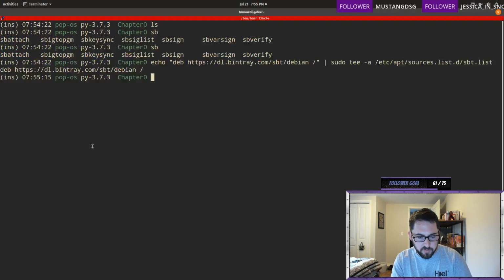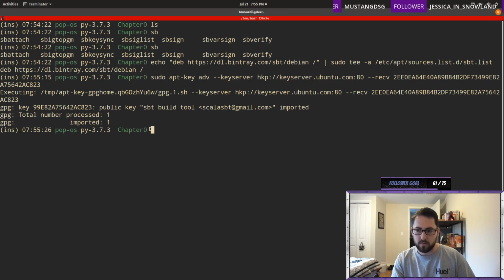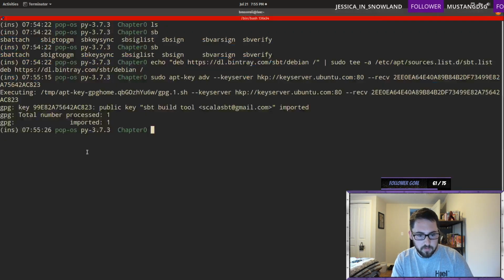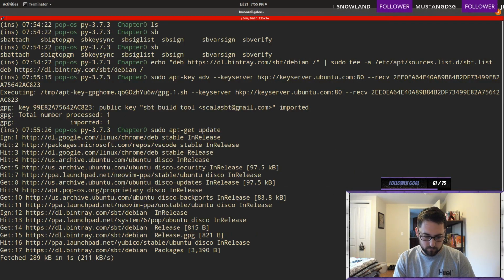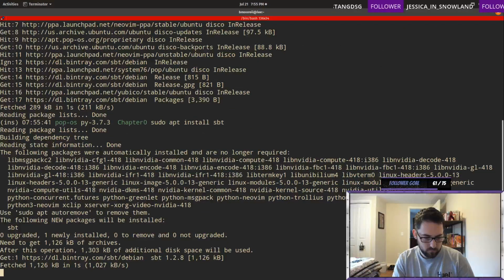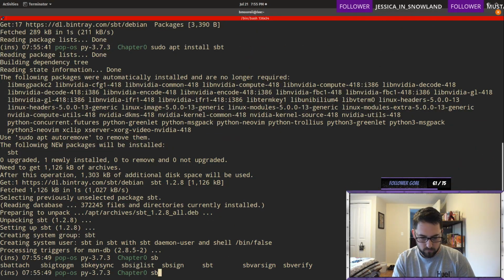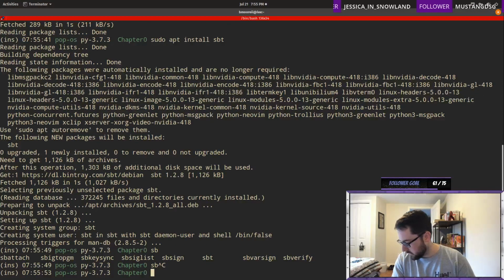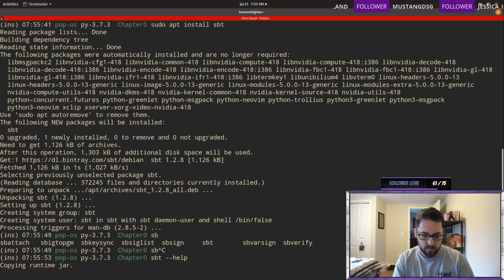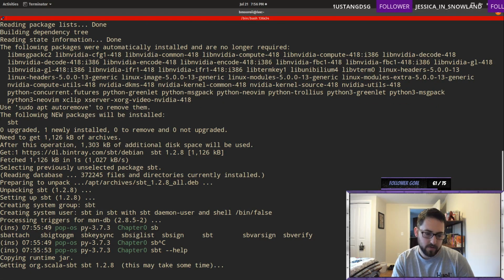Don't think anything will get printed that I need to worry about. Oh, that's the same key, so we're fine. Okay, update. Okay, cool. So I think it's a similar setup where you do SBT new and then something. Oh god. Oh no.